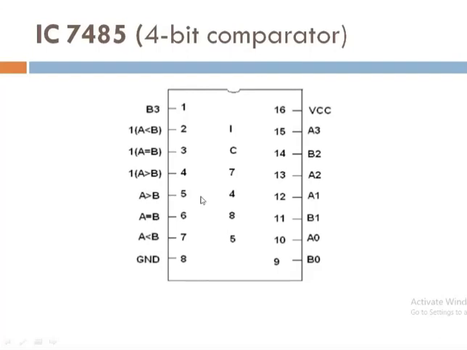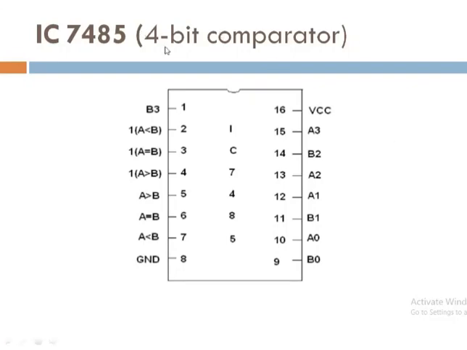Why is the cascading input required? Because basically this IC is used to perform the comparison between the 4 bits of A and the 4 bits of B. But if you want to compare more bits, or perform an n bit comparator, this IC can be used, but for that purpose you require cascading of this IC. We need to connect a number of ICs. If there are a number of bits, suppose 16 bits, how many ICs do you require?